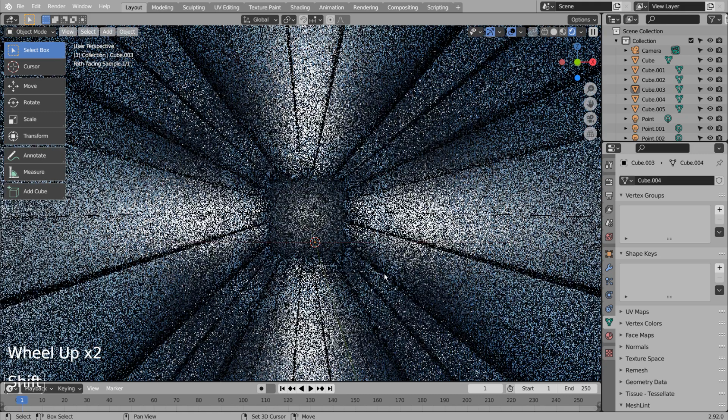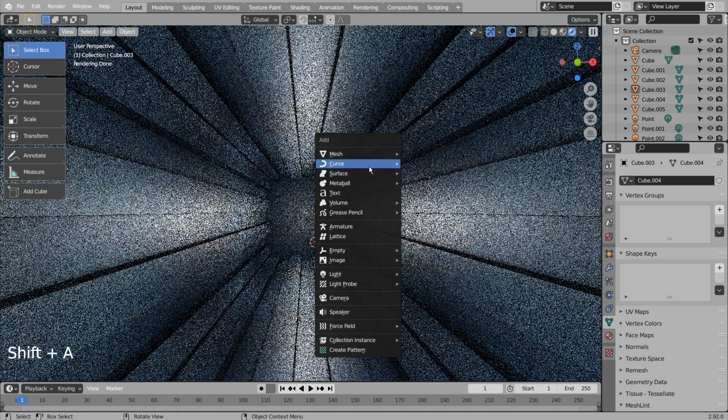Let's add a knot. If you don't see that, please activate an add-on called Extra Objects.